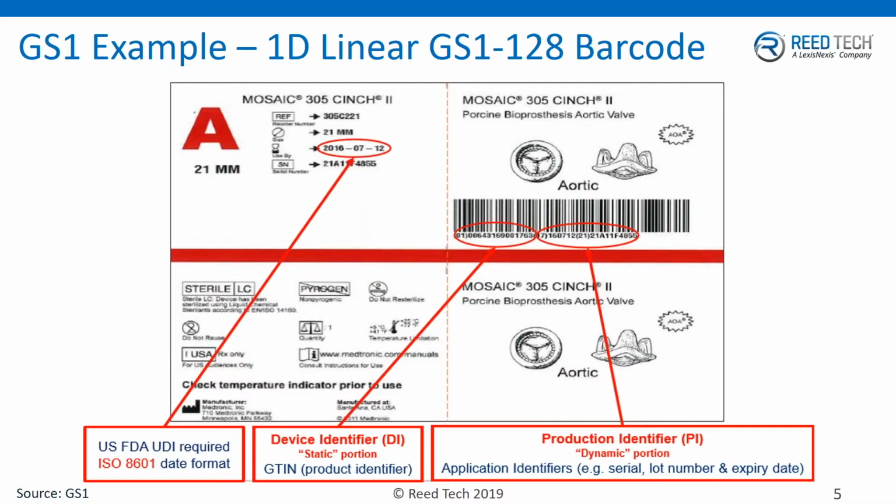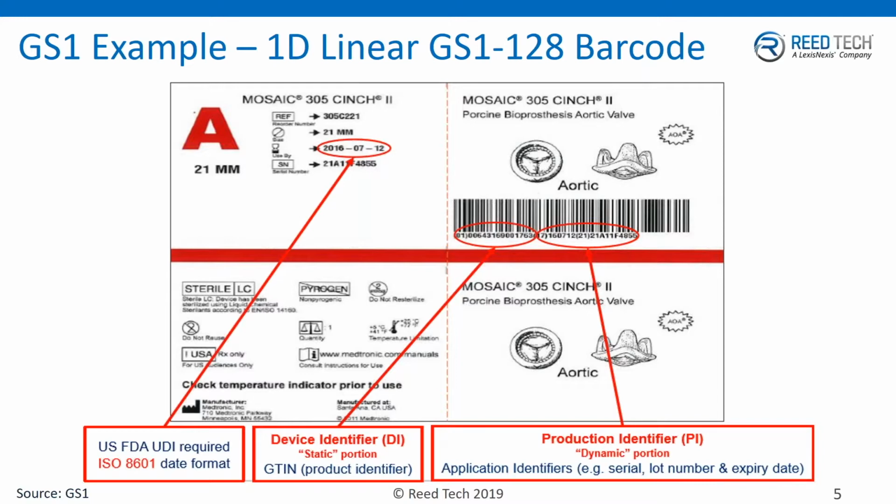So there are two other FDA accredited issuing agencies in addition to GS1. Another one is HIBIC, and they would provide you an alphanumeric device identifier. And then there's also ICC BBA. They are a very niche issuing agency, and they provide device identifiers to companies that manufacture human cell, tissue, and